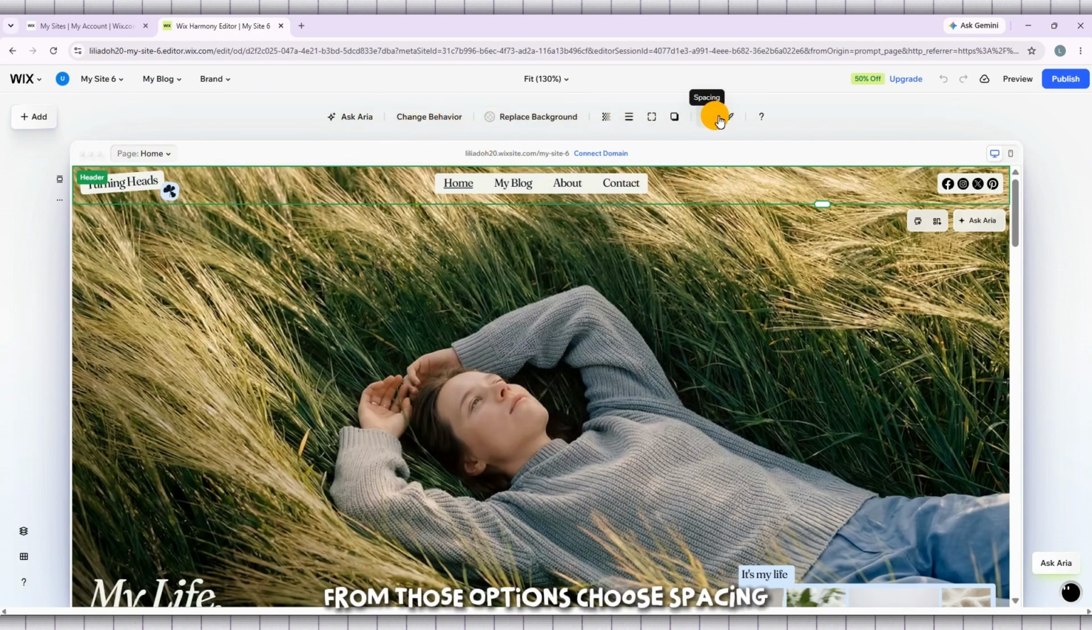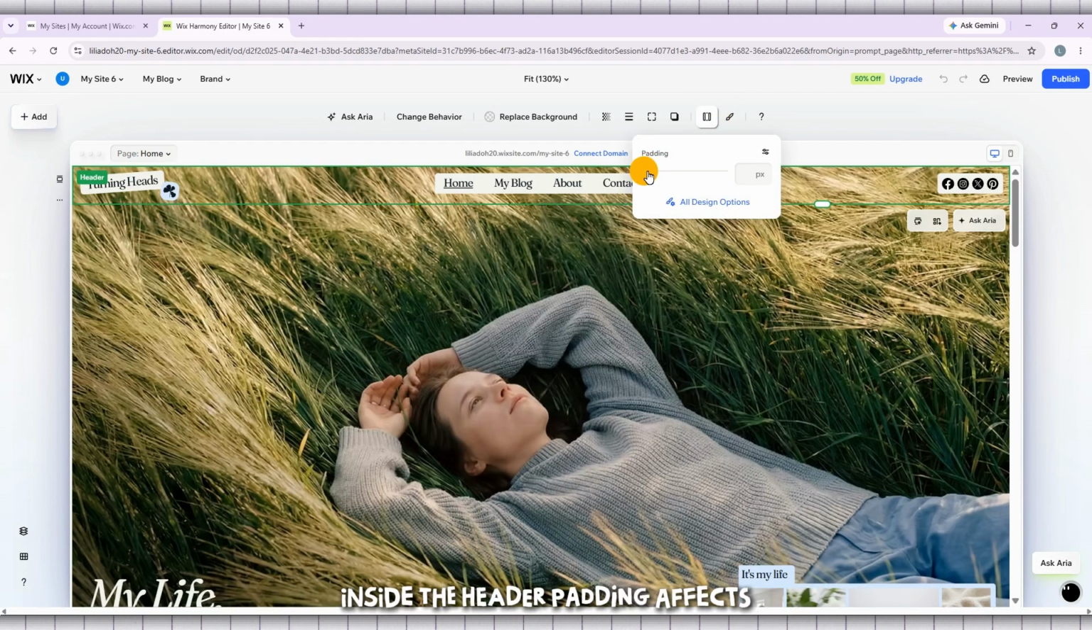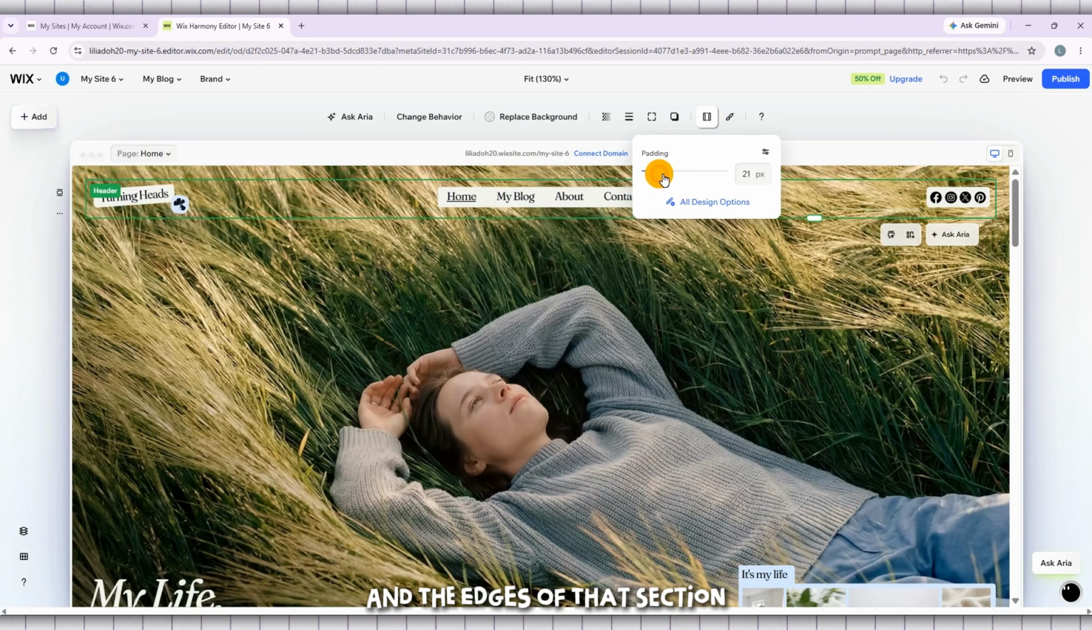After the header is selected, look at the options that appear above it. From those options, choose spacing. This is where you can control the amount of padding inside the header. Padding affects how much space there is between the content in the header and the edges of that section,